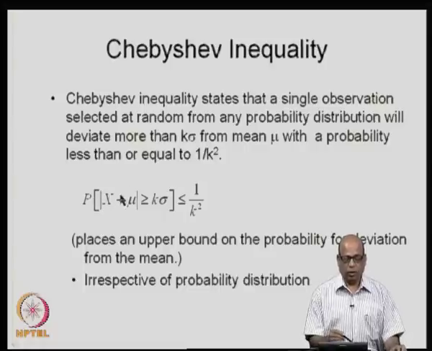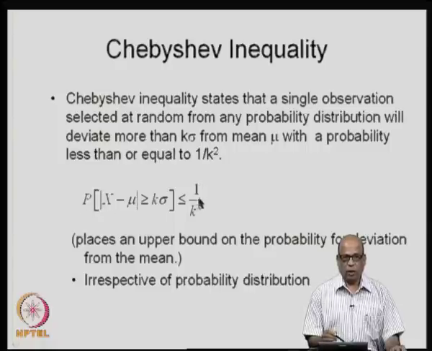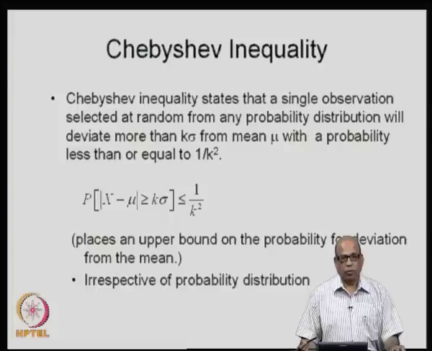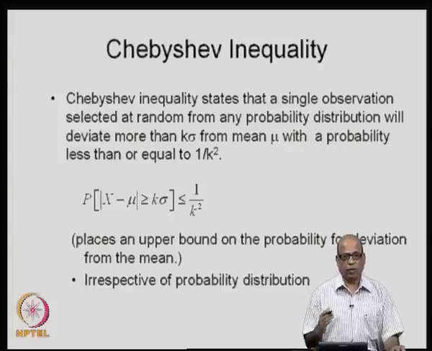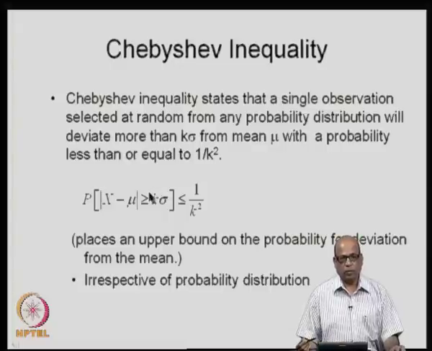So, it can be either x minus mu may be positive or x minus mu may be negative. On either side, what is the probability that it will deviate more than k sigma. Now, the Chebyshev inequality places an upper bound on this probability, and that is 1 by k square. Remember, this result is irrespective of the probability distribution, and therefore, it becomes handy when we want to place higher limits or the upper bounds on the probability of this particular deviation, and this becomes quite handy